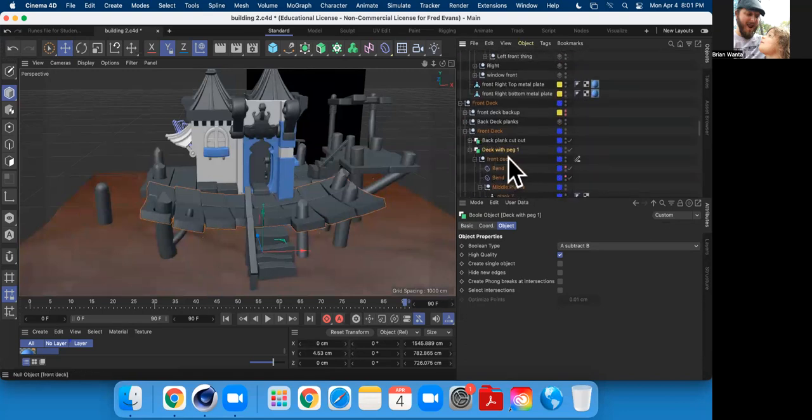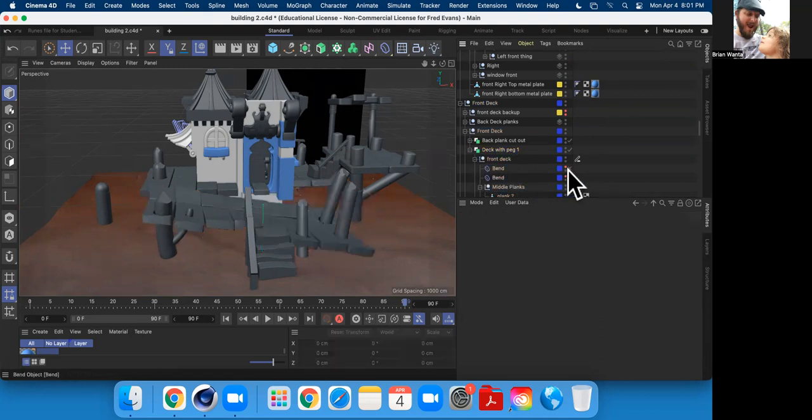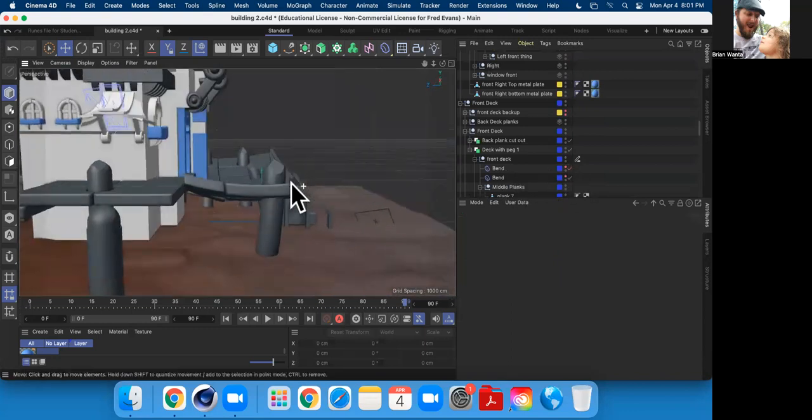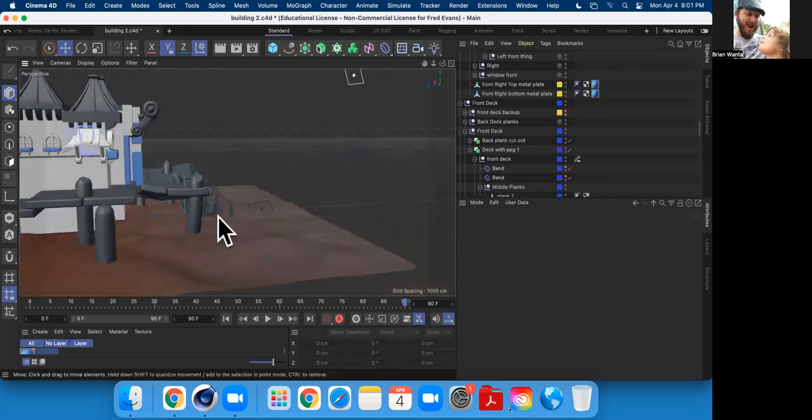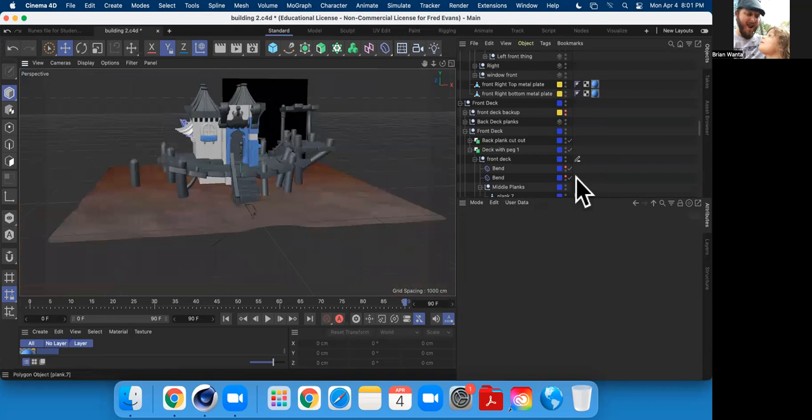But this one was pretty interesting because I had all sorts of bends on here. To get it to bend correctly, because this is a complex bend, it's not only bowed in this way, but it's also bowed in this way, so I had to apply two bends on there. And the reason why,